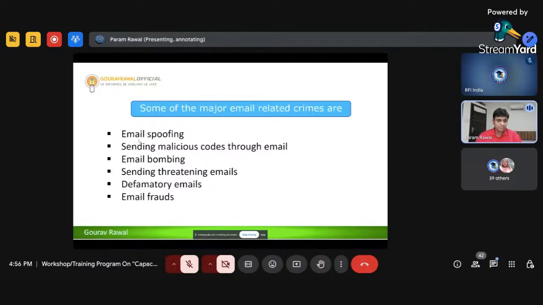You can flash a fake email address, or if it is coming through a phone call, it is called call spoofing. You can flash the number of any celebrity or public figure, maybe a social activist, a politician, a film star, or a business tycoon. You call from your own phone, but the other person sees an overseas or international number.